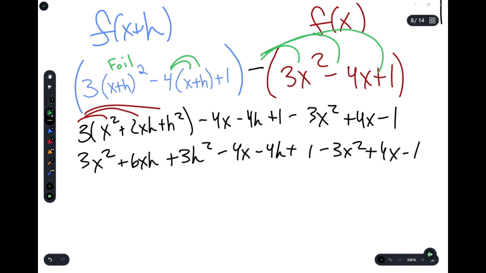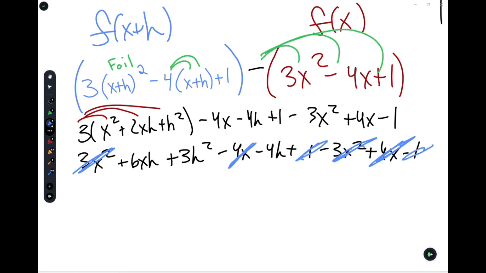Hang on. Pause. If stuff doesn't cancel, at least 2 things, maybe 3, usually all of it. If stuff doesn't cancel, start over. It's going to cancel. I promise. That's the point of this problem. If it doesn't cancel, start over, please. Don't just manhandle a really long problem that's hard. Start over and see if you don't get those x squareds canceling. Especially the bigger exponents got to cancel. See if you don't get those 4x's canceling. Which leaves us with 6xh plus 3